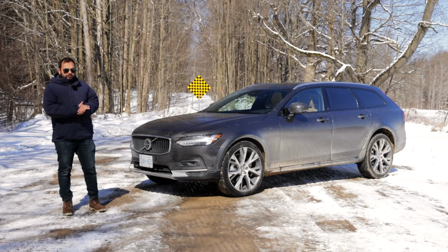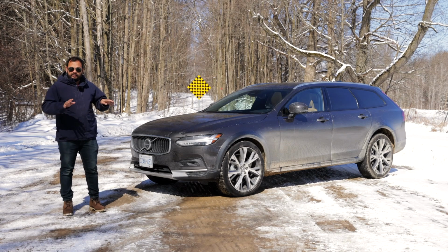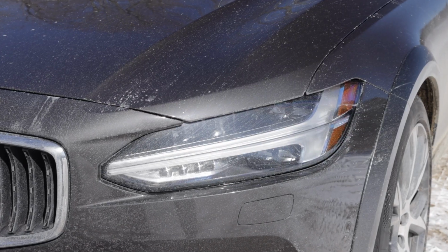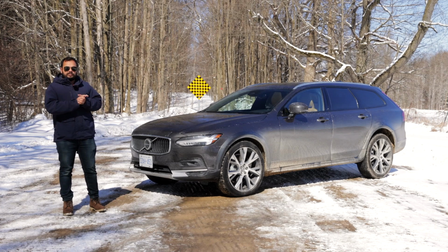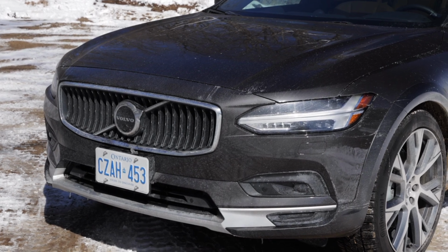Coming to the looks of the Volvo. It's got the traditional family looks that the S90, the S60, the XC60 and the XC90 to an extent as well carry really well. You've got the headlight design, which people call the Thor's hammer headlight. It still looks so good. It came out a few years ago, but I think it's still one of the prettiest designs on the road today. You have the chrome grille, and you have a lot of cladding that comes from the